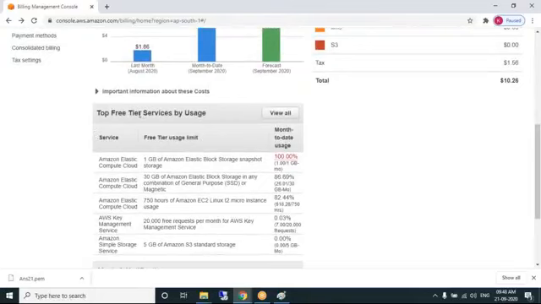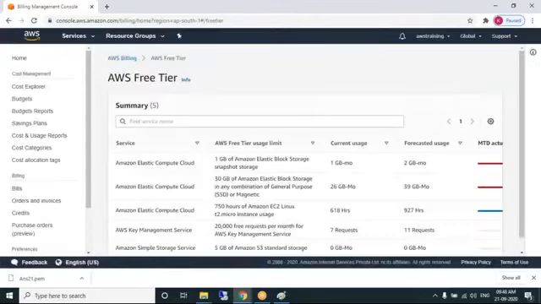So here is the free tier services by usage, where you can see which service is causing the bill. I'm getting the bill mostly because of this one, EC2. Right now I have a 30 GB limitation and I have used 26 GB. So please go and check this, and if it is a nominal amount like 80 rupees or 40 rupees, that's not a problem. Even if you don't pay, it's not a problem. And again, you need to wait for 10 days, then it will be reset and you can start using your account again.